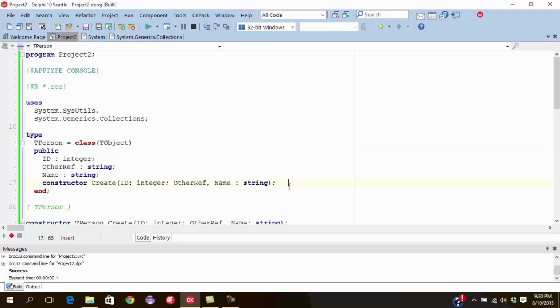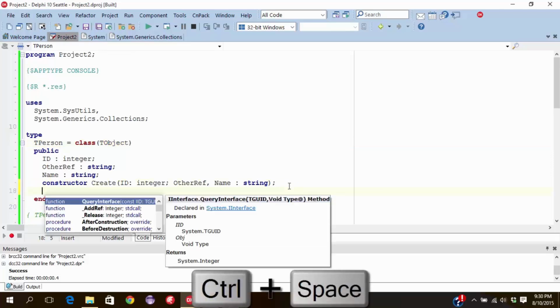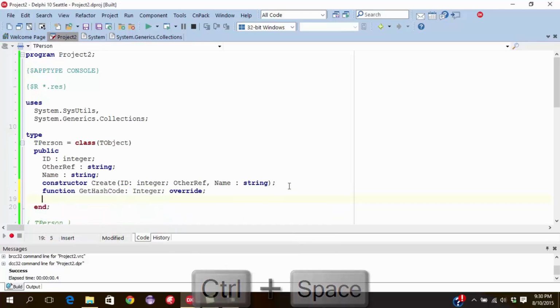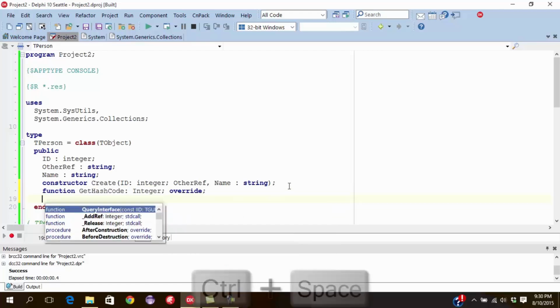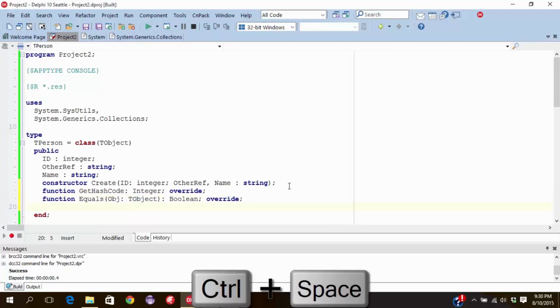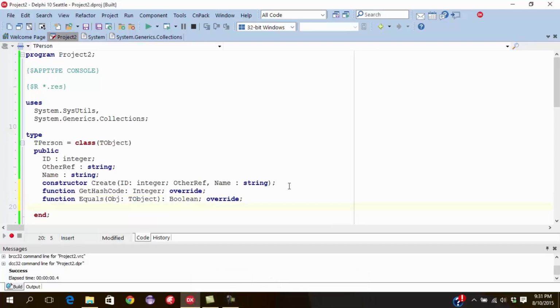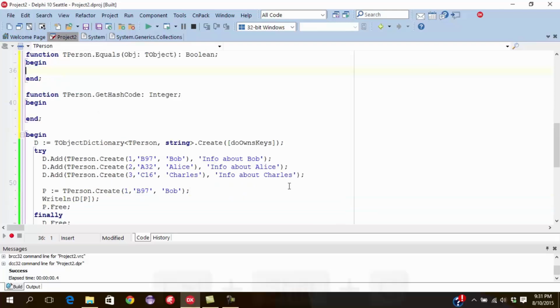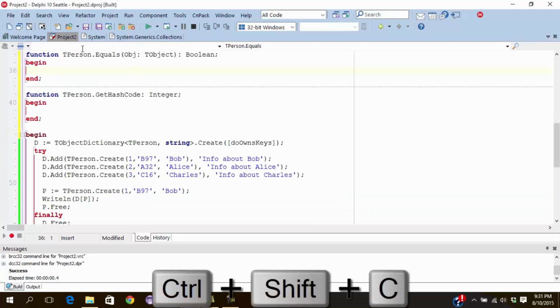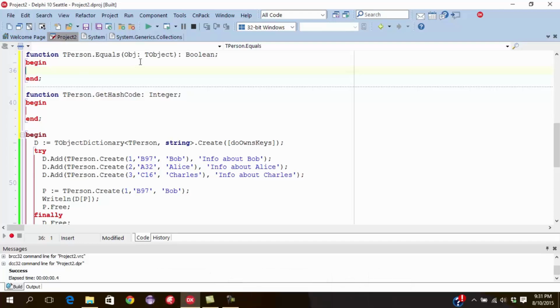So what we can do is override our GetHashCode and Equals functions, and I'll just press Control-Shift-C for the class completion, and this time we will assign obj is, just confirm that as a TPerson. Might not actually have to do this,